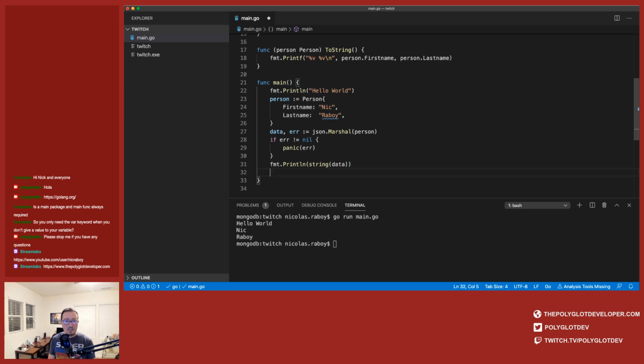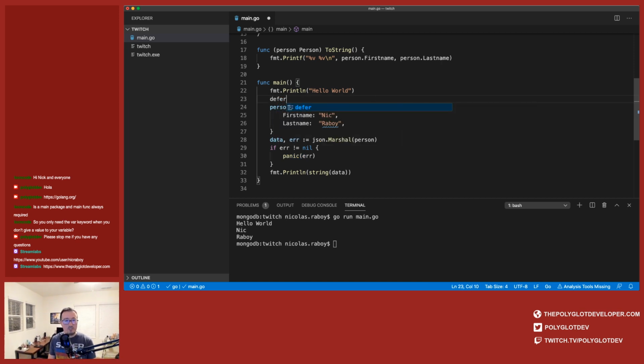So for example, if I wanted to do some cleanup code here, and this error is thrown, this cleanup code is never going to happen because it's going to terminate. But if I do a defer statement up here, anywhere above it, that will still run because the defer has already happened. So this print line is not going to happen, but because it panics, the defer is still going to happen.